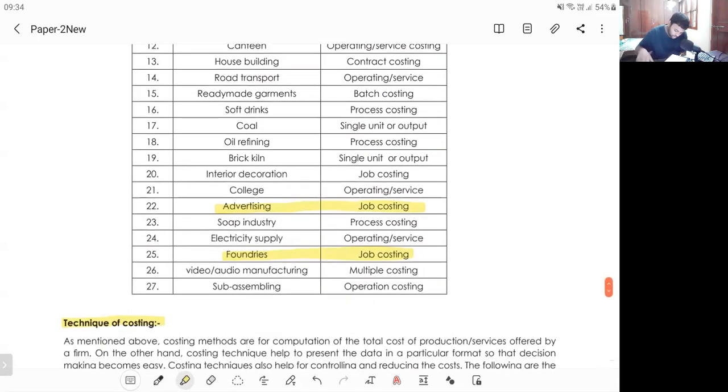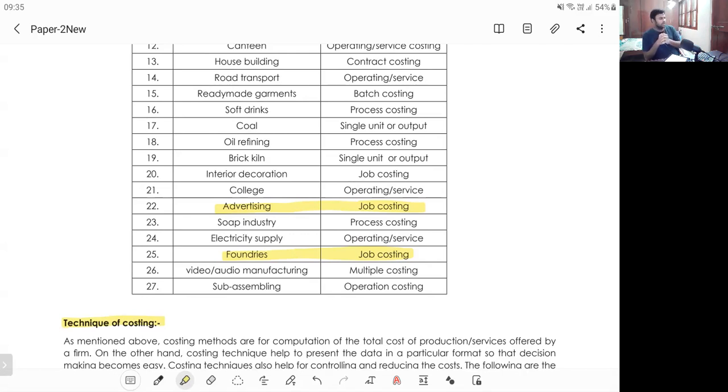Next, foundries. If you go to outside roads you see many metal shops there. There a special type of manufacturing of metal takes place. Like you want metal in your house, like stairs. For these stairs you want boundaries fixed to them. In this case you will go to the person who can cast the material. The metal must be cast. How can you cast the metal? By heating it you will cast the metal. The place where this casting happens is called a foundry.